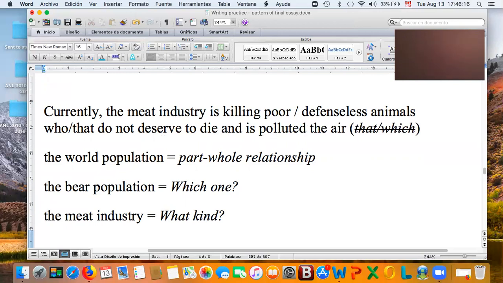Well, that's confusing one of the participles with the other type. This happens. Your brain is slowly differentiating the past participle or the past passive participle from the so-called present active participle. And so sometimes students mix them up. Just watch this. This conjugation exists, and it's an active conjugation. The meat industry is doing this. It's polluting the air. It is the air that or which the world population,